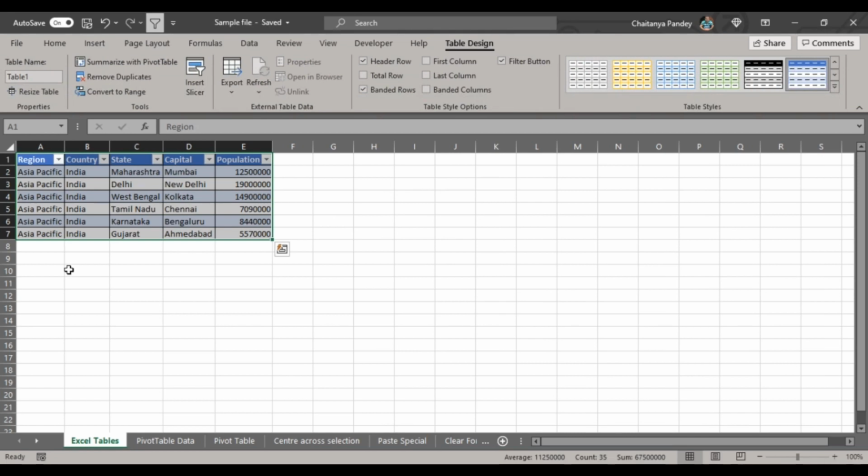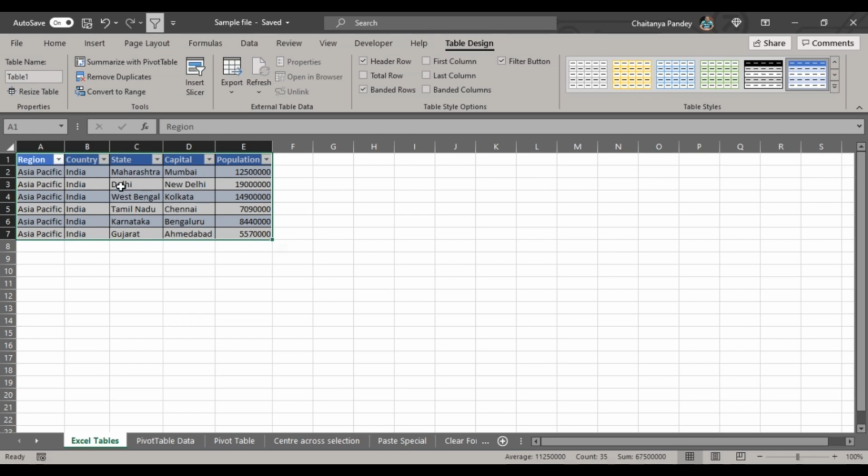In the tabs section, you will notice a new tab called table design. It has been created because it carries some formatting techniques and tips that you will find very useful in this table. Excel has converted my normal data range into a table, and this is the coloring scheme that it applies automatically.